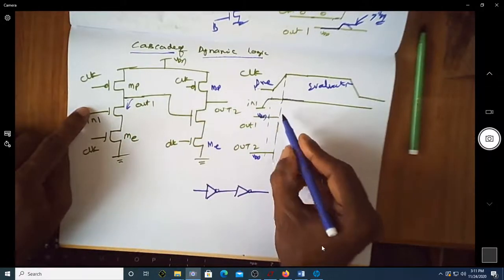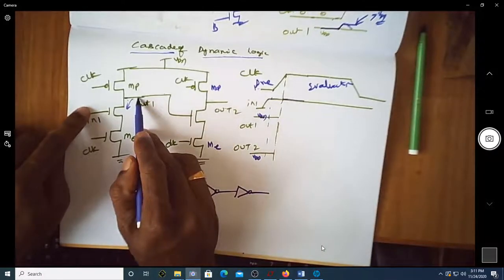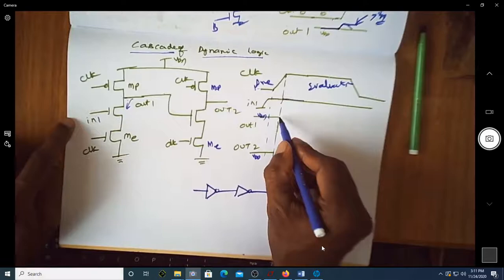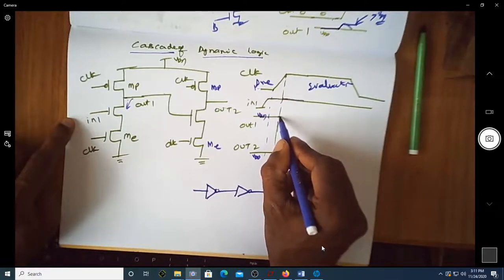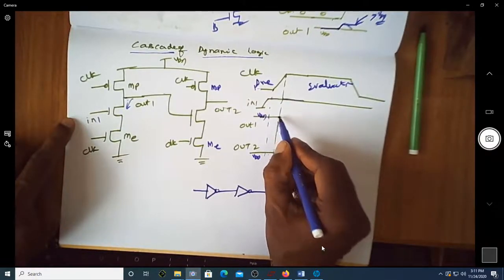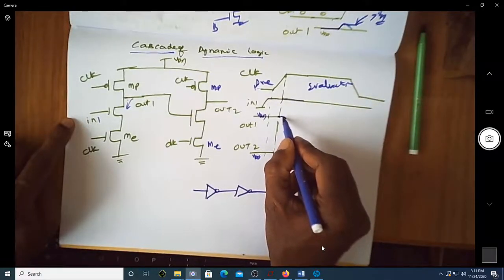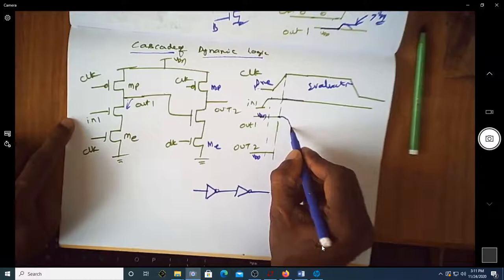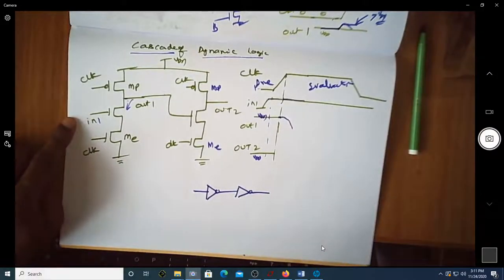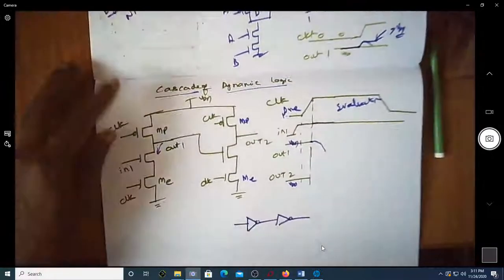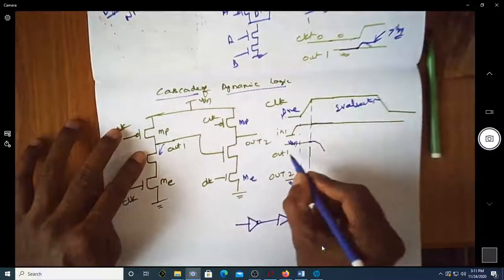This voltage tries to go down. Since the output of this is connected to this, this starts going down. Of course, it will certainly take some time to go down here. You can see it is going down here. So as soon as the voltage at the output of the second one changes, you can see this is your output 1.